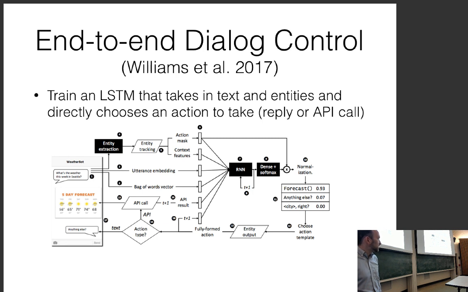Based on the action template, if you want to forecast the weather for Pittsburgh, then you need to fill in the arguments for this API call. So you fill in Pittsburgh from your entity tracking model here. You choose whether to do API or text, and then based on that, you make a deterministic choice whether this is the API call or text, and then you output either a nice weather report in your smartphone or an